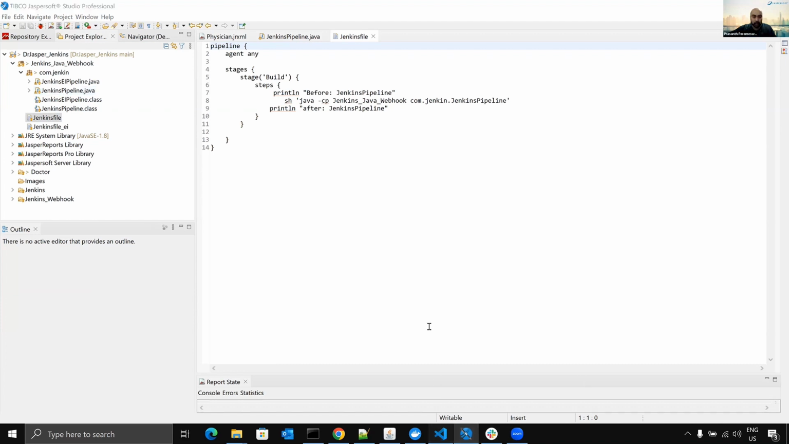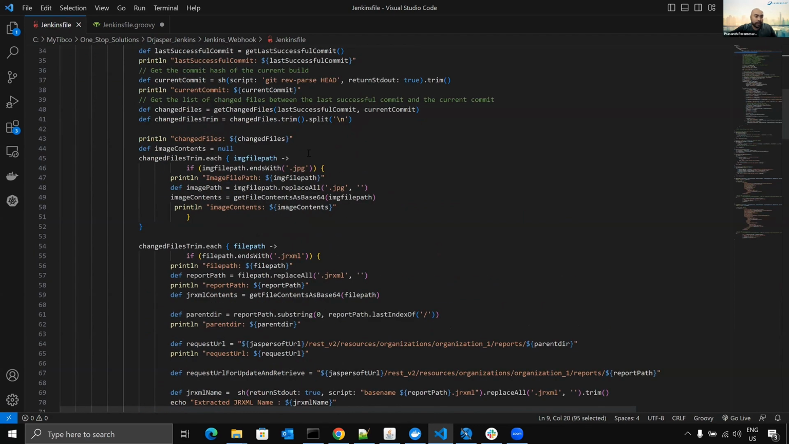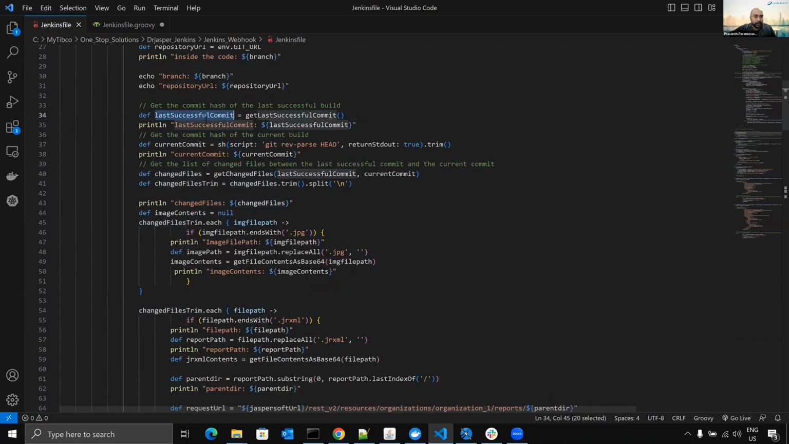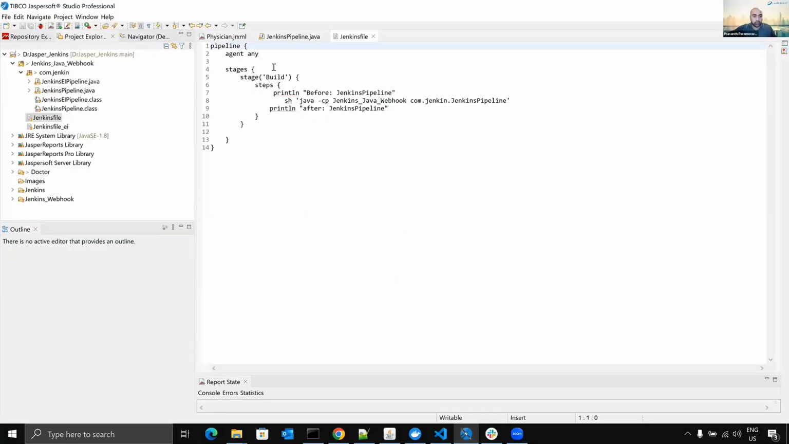I have one small file which I created in Groovy as well, which does the same job. Here you can see I'm using a Jaspersoft URL, which is my local server. For now, I'm just using my local Jaspersoft username and password, but in production we can have a pre-authenticated token or something here as well. And the underlying logic is the same. The changed files are identified with the help of the commit. We identify the last commit and the current commit, and we get the delta. Yeah. Okay. So, thanks so much. That answered my question. Cool. So I'll go back to Studio,